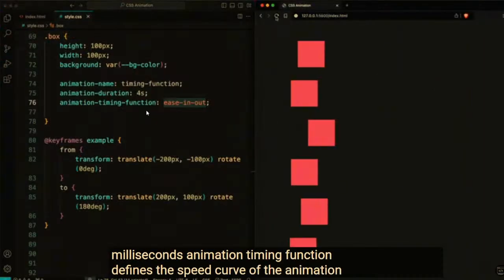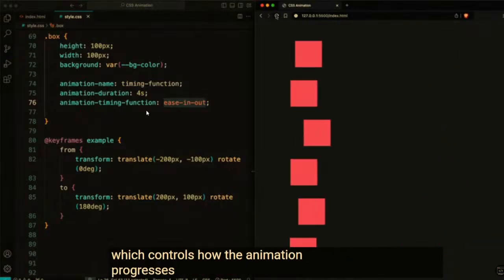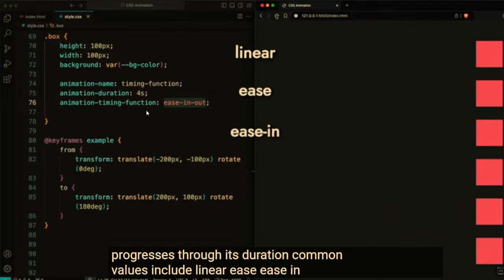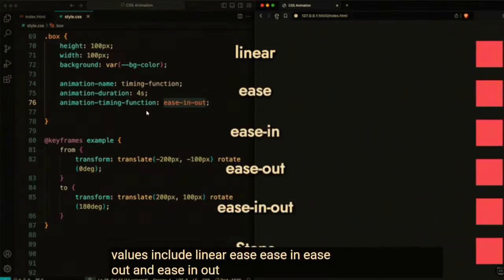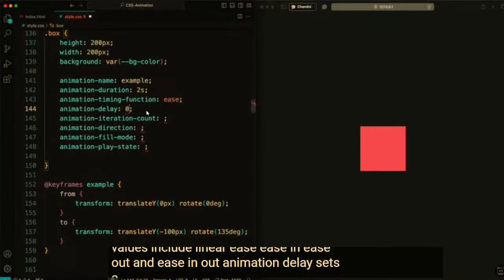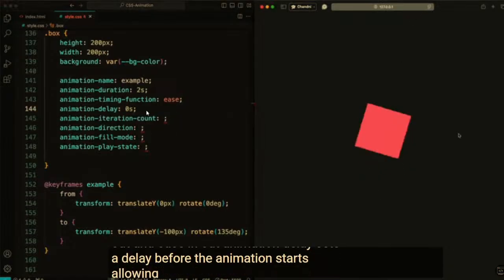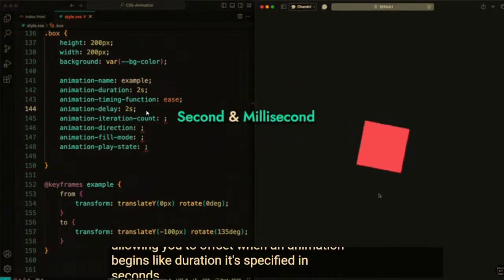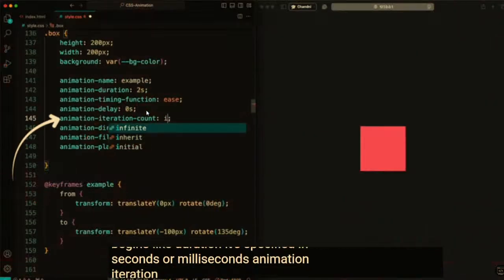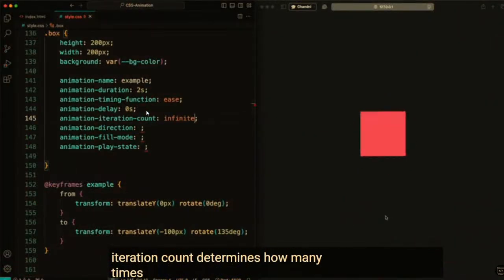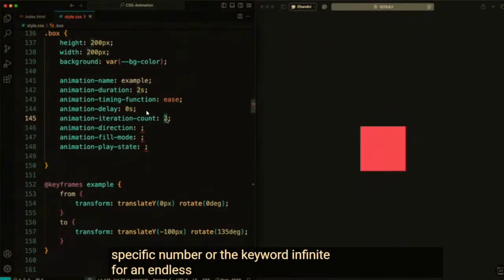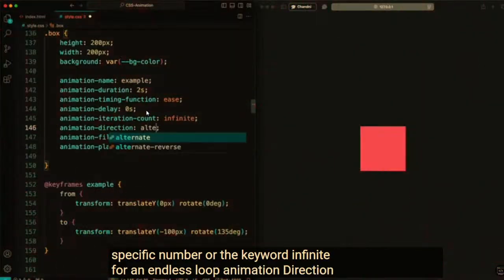Animation timing function defines the speed curve of the animation, which controls how the animation progresses through its duration. Common values include linear, ease, ease-in, ease-out, and ease-in-out. Animation delay sets a delay before the animation starts, allowing you to offset when an animation begins. Like duration, it's specified in seconds or milliseconds. Animation iteration count determines how many times the animation repeats. It can be a specific number or the keyword infinite for an endless loop. Animation direction defines whether